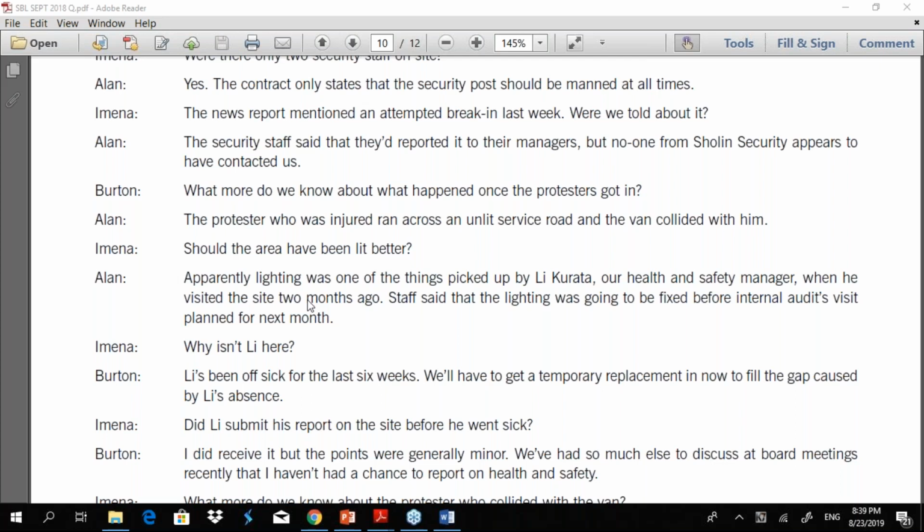Another factor is transparency. Burton kept certain information away from the board, especially with regards to health and safety. But as the chief executive, he should have been more transparent so that all stakeholders are protected. I mean, when something is tough, by avoiding it or by hiding it, you can't solve it. It's about bringing in solutions.